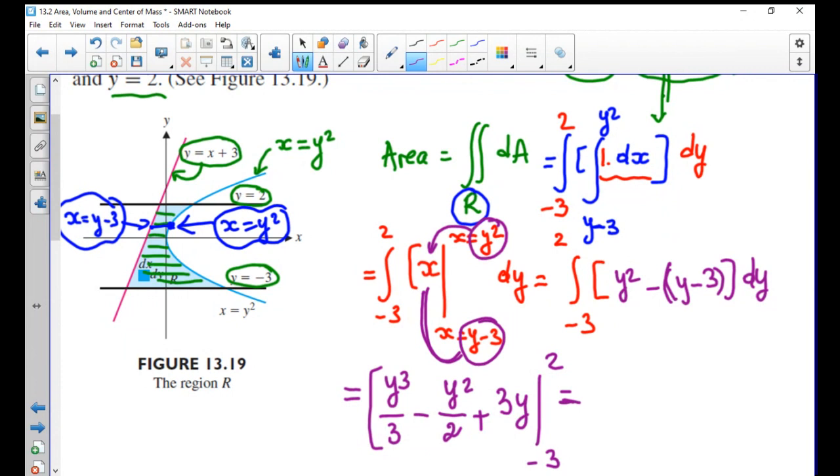Okay, now, do you know how to do this? There is in the calculator, you can actually write the x cubed over 3 minus x, and then evaluate it at 2 minus the value at minus 3. It's fairly simple, and I think you will get 175 over 6. Did anyone get that? 175 over 6